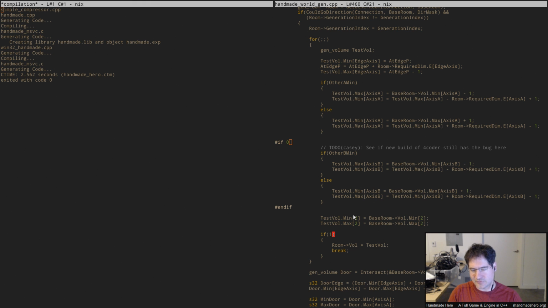When we've prepared the volume we're going to test, I want to test to see whether or not that volume would actually work, right? And furthermore, I want this edge version here to be a little bit more careful about how it updates things. Because in the case where I actually get a room placed here, then it's actually okay. But I don't know that I want